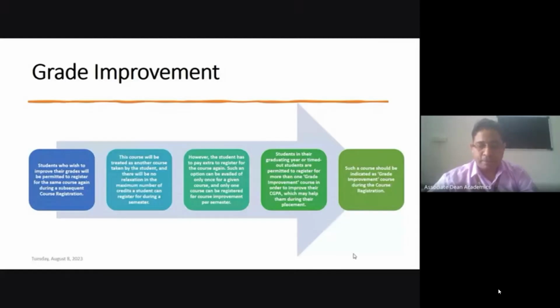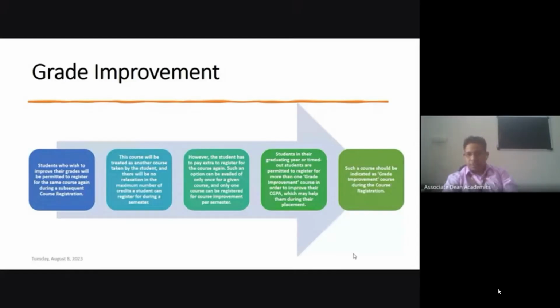Even if your previous grade is better than the second-time grade, in that case also the second-time grade will be considered. That means whatever grade you score after the second-time completion of that course will be the final grade, irrespective of your previously scored grade. So automatically your previous grade will be removed from our record once you apply for re-registration of a course for grade improvement purpose.